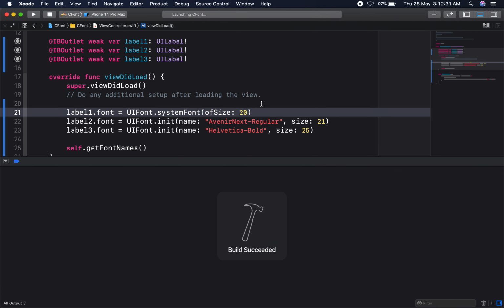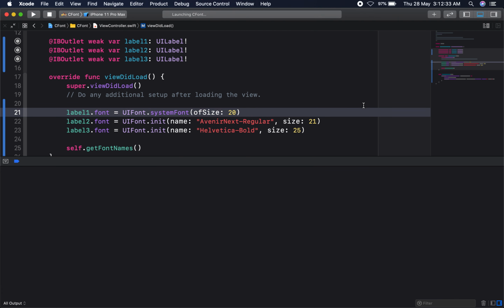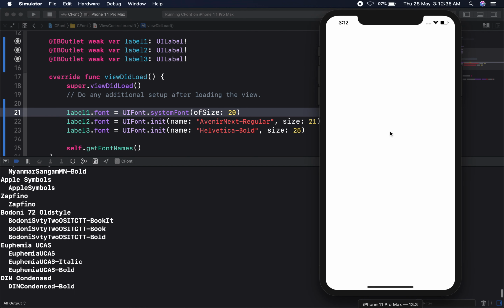Now I am running again. Now you can check the fonts differ because the font style was changed for each one. The first one is a system font, the second one is a customized font, the third one is another customized font.